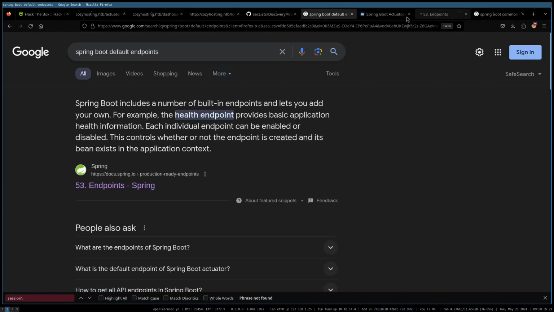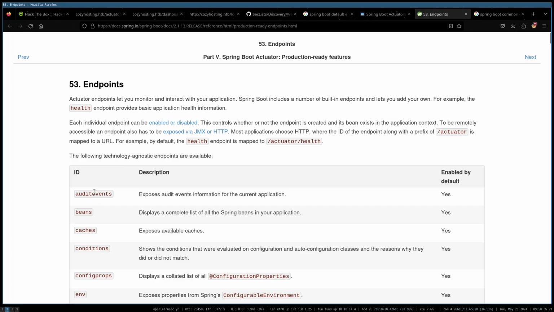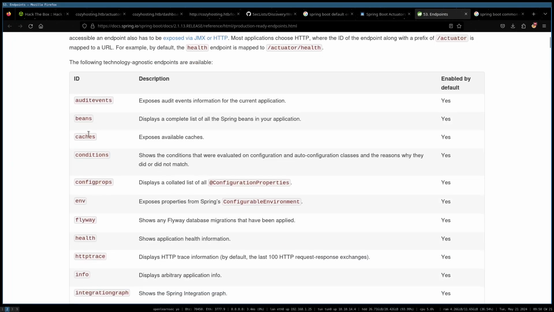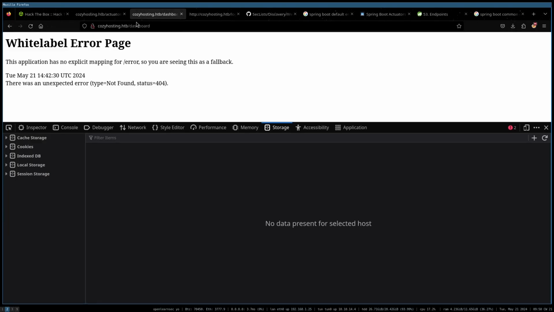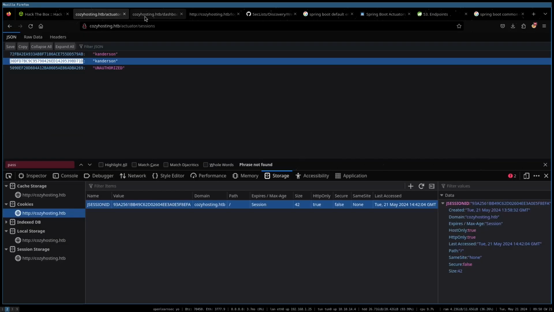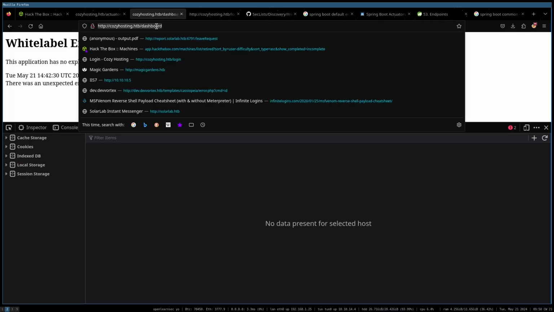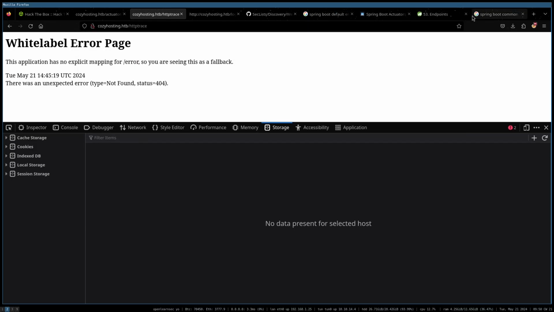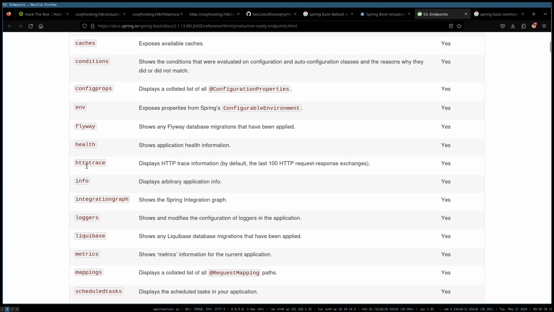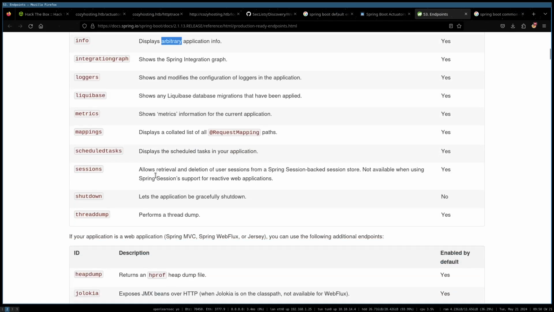Production ready endpoints. Audit events. Beans, caches, conditions. HTTP trace. Nope, doesn't work. Displays arbitrary. I mean, is there something that